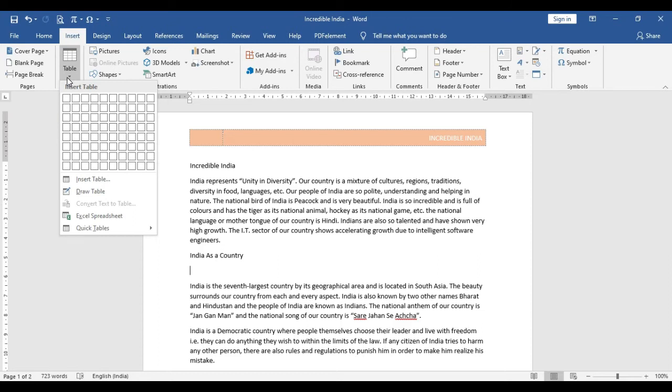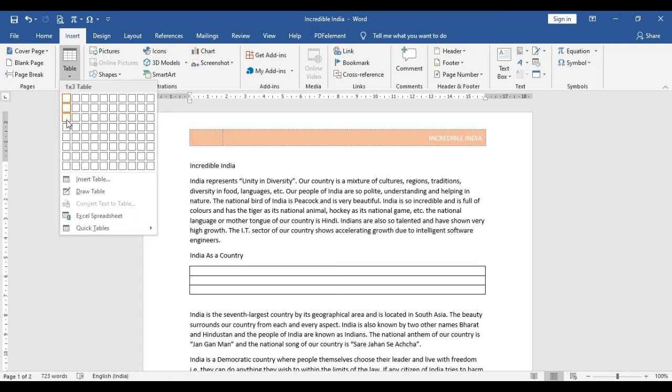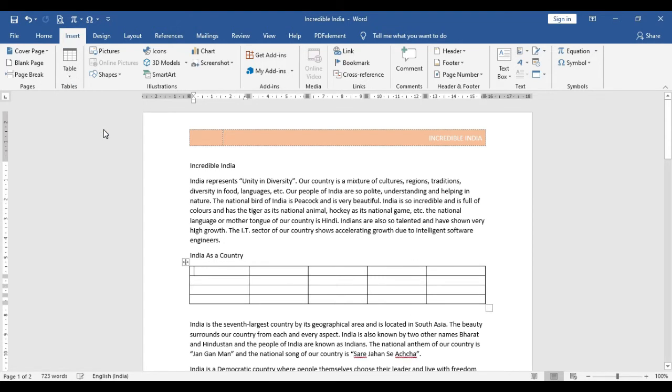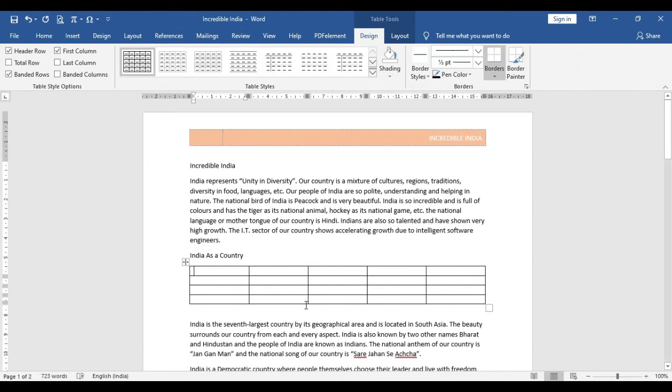From this place, select the desired number of rows and columns. Suppose here I am creating a table of 4 rows and 5 columns. So 4 rows and 5 columns, 2, 3, 4, 5 columns, and then click on it. So you can see a table is inserted.